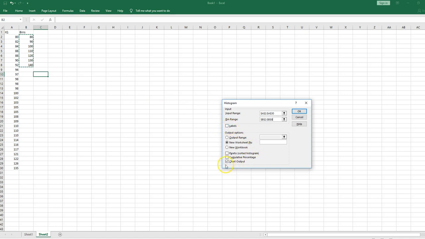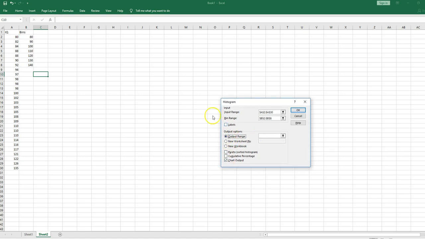And then I've got chart output, okay? If you leave the radio button clicked where it says new worksheet, it will put the histogram in a new worksheet. I want to go ahead and keep it in this same worksheet. So I'm going to click on output range,